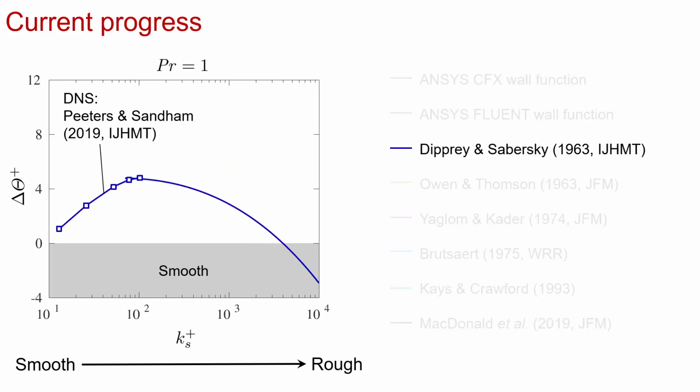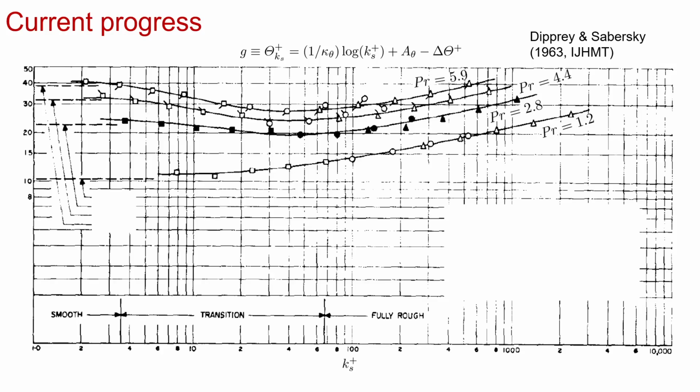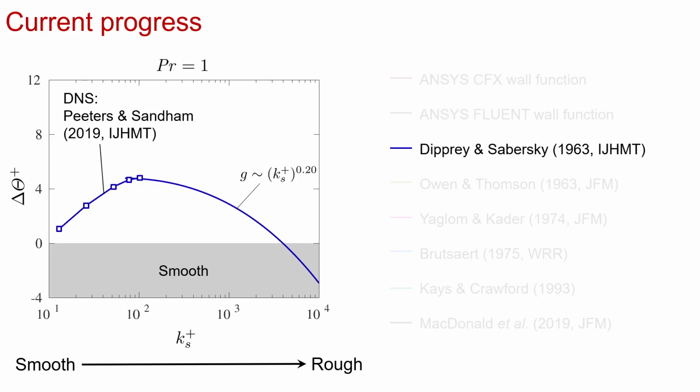And actually, what I want to highlight now is that we've had access to mean data, high quality mean data for quite some time in the form of the experiments of Dipprey and Sabersky, and all the models I actually show you are tuned to the original data set of Dipprey and Sabersky, where at the time they plotted their data in this so-called g function, which is related to delta theta plus up top. And typically, fully rough regime projections take the form of a scaling law for this g function,